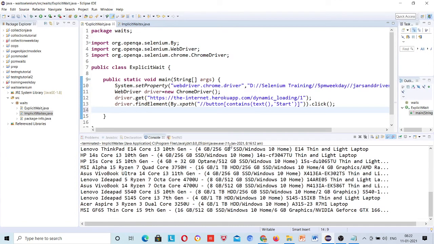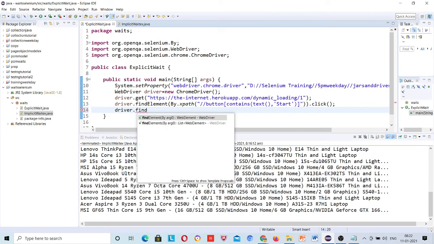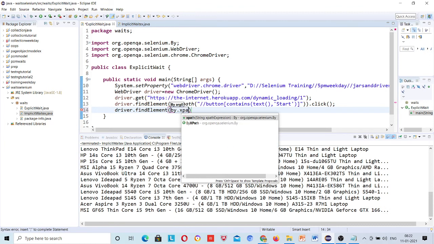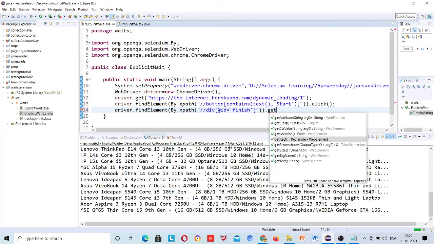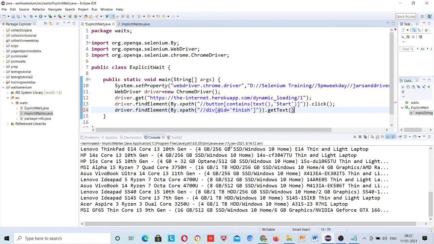So driver dot find element by dot xpath, and the id which was finish, and then I want to get text. Getting the text, the return format is String text, and I want to print this text, sysout text.